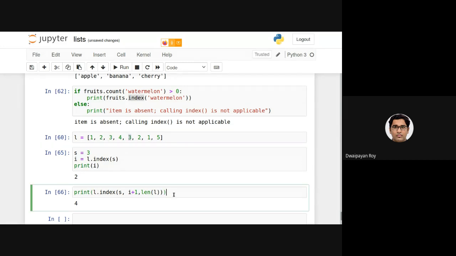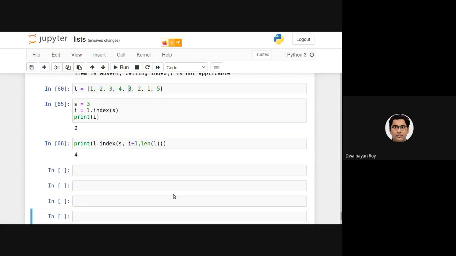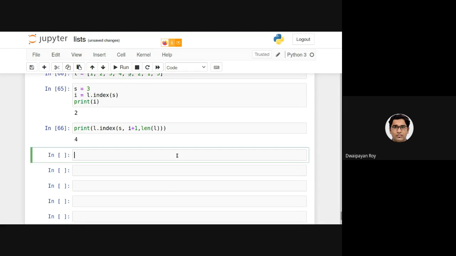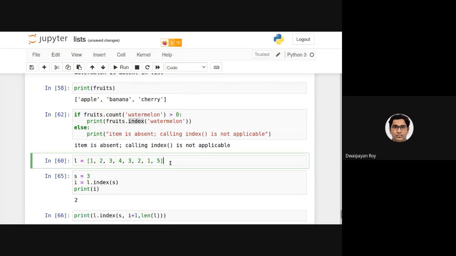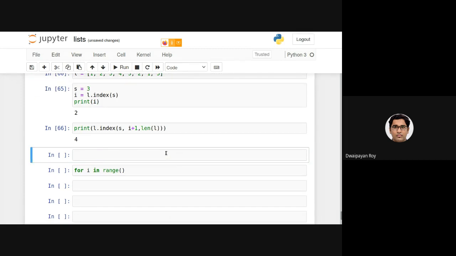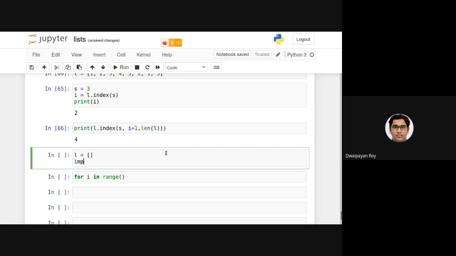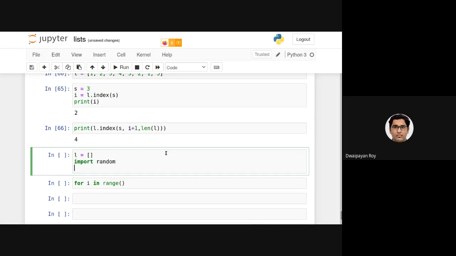Now again, coming back to your question, or your suggestion on using the for loop. How can we do that? So for I in range, let's consider we are using this list only. Let's make it a little bit more interesting. Let's initialize, say, 50 items randomly. Import random, for I in range 50.